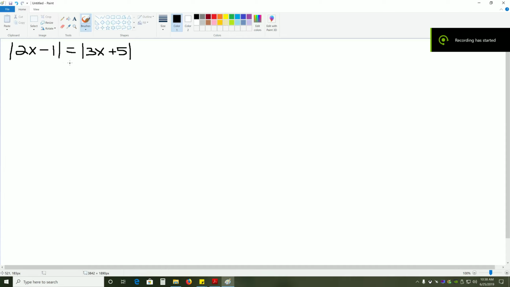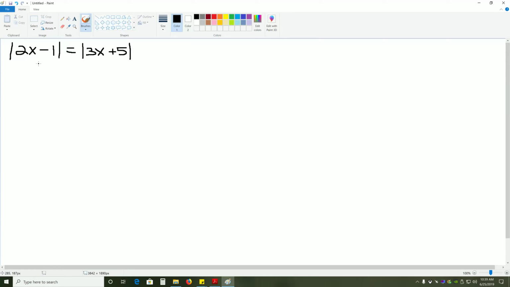The following is an absolute value equation. We want to solve this problem involving these two absolute values being equal to each other. So we have the absolute value of 2x minus 1 equals the absolute value of 3x plus 5. When you're dealing with two absolute values being equal to each other, your first step is to divide this up